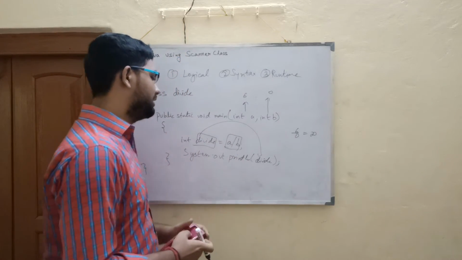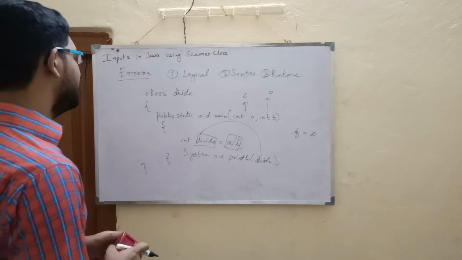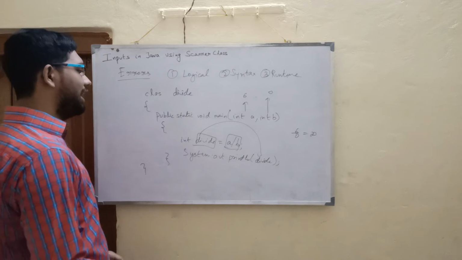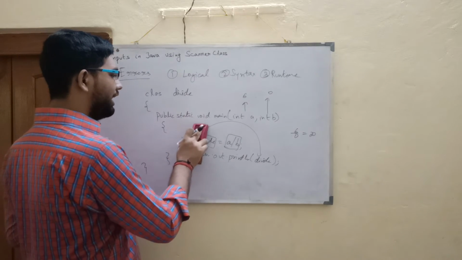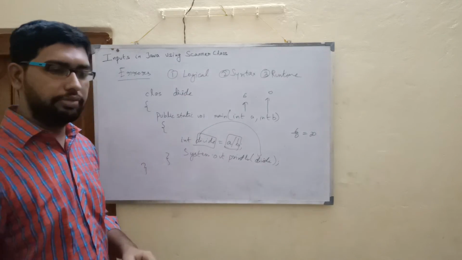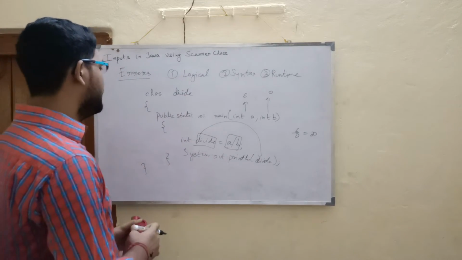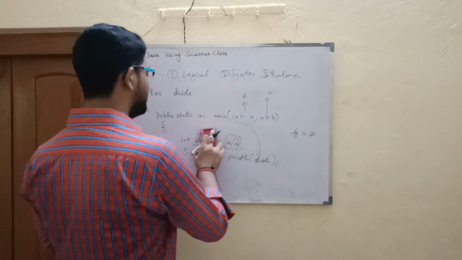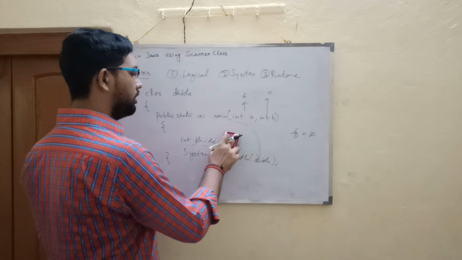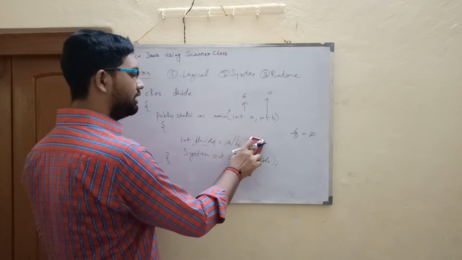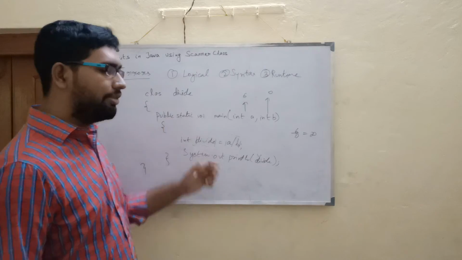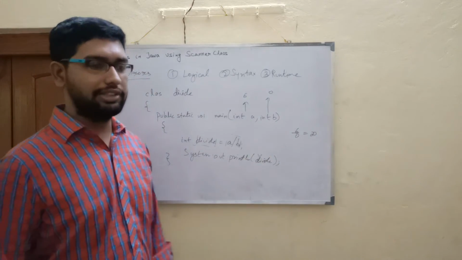Now, syntax error. Suppose I write the spelling of this class as class static, and I forgot to write the v. You can see there is a basic grammatical mistake while writing the program. Since this grammar is not in the Java system, this program will not compile and will show a syntax error.